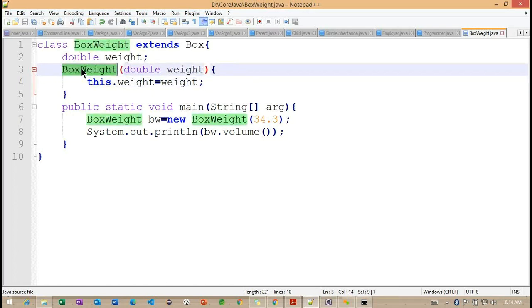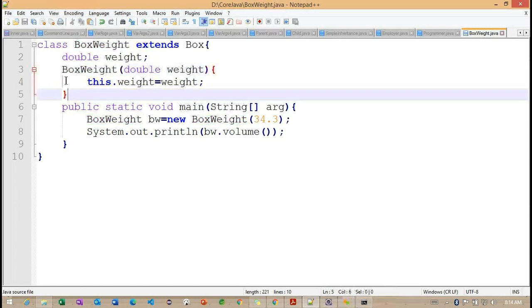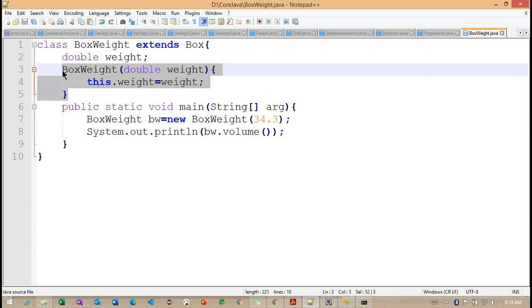If I call the superclass constructor here, the superclass constructor is going to execute explicitly. But if you observe, in the BoxWeight constructor we are not calling any superclass constructor, nor setting any variables available in our superclass, those being width, height, and depth here.